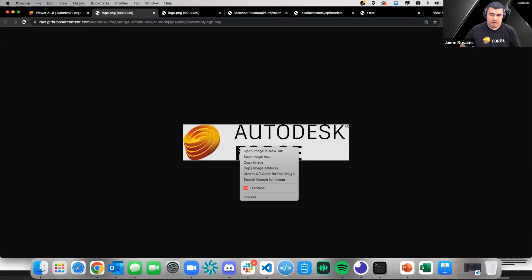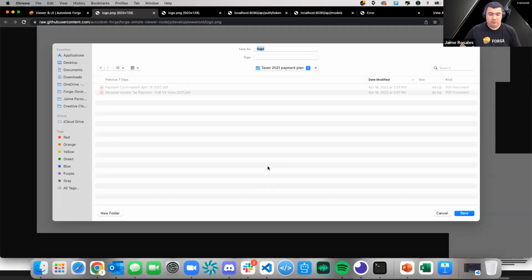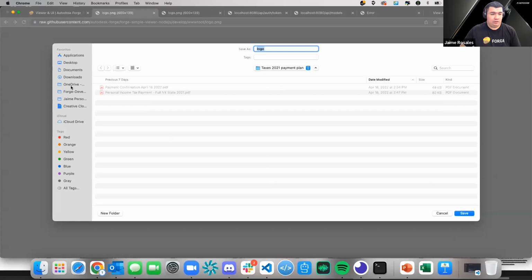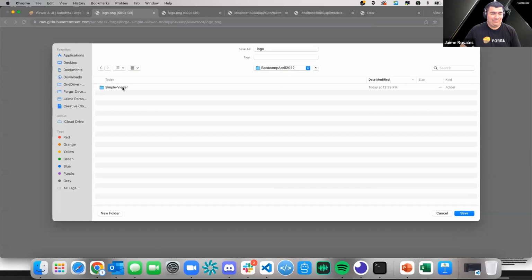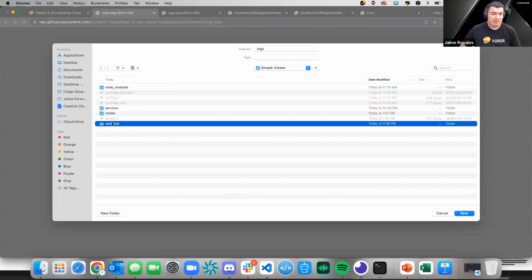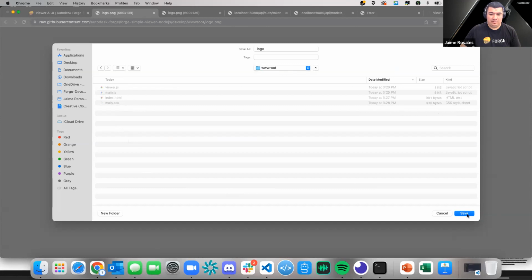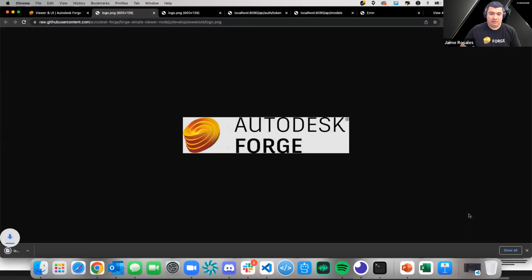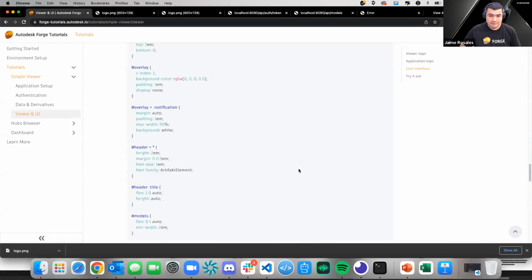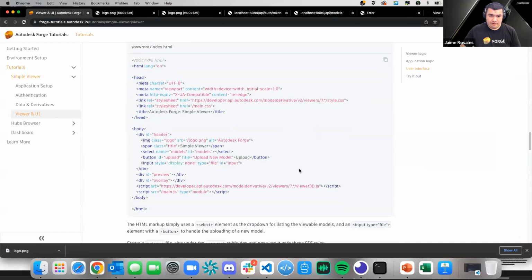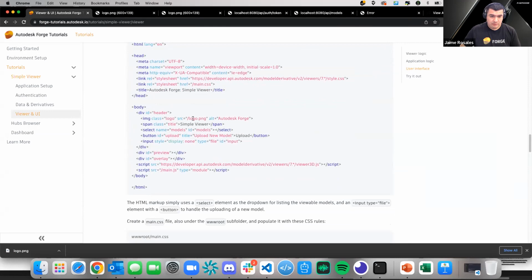I think if I click on it and I save image, it's in my Bootcamp folder here, www root, logo, boom. Do we need the file icon? I don't think we do. So logo PNG,